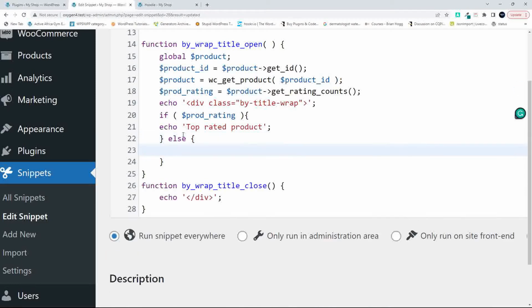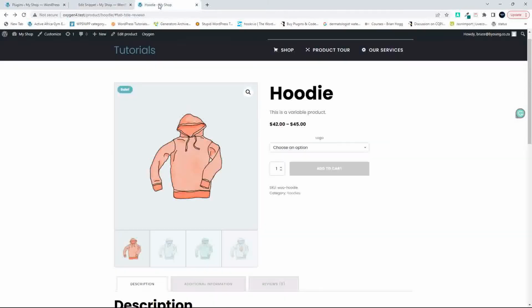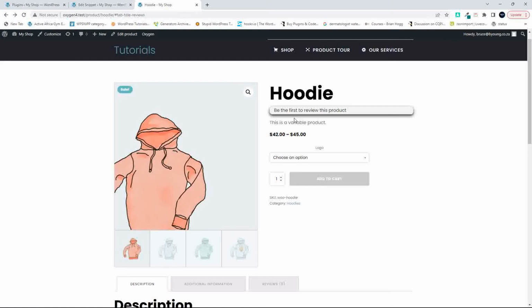else. So now we're going to output a message if there is no rating, and that message will be echo, and let's go be the first to review this product, and we'll save that. And now when we go over to the website, you'll see that we have the message be the first to